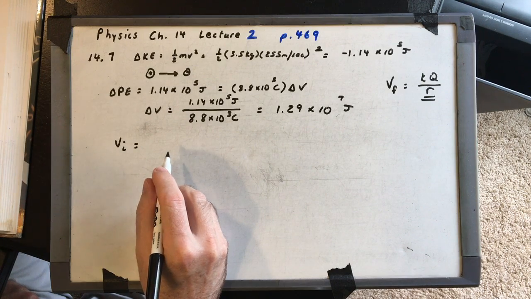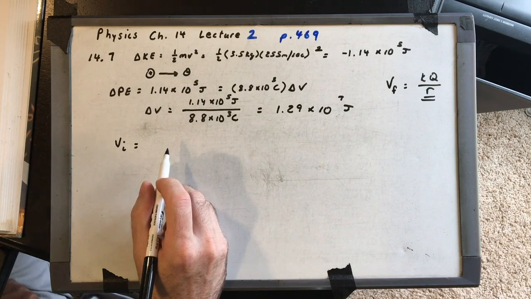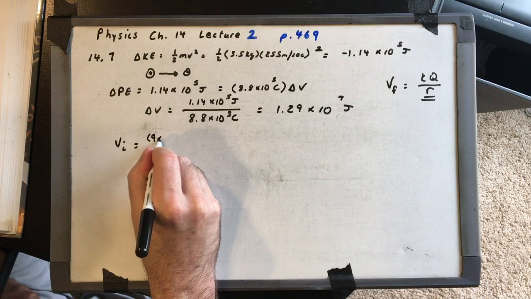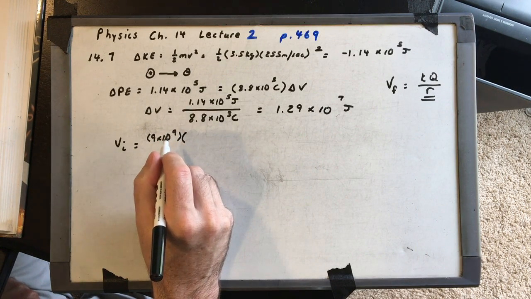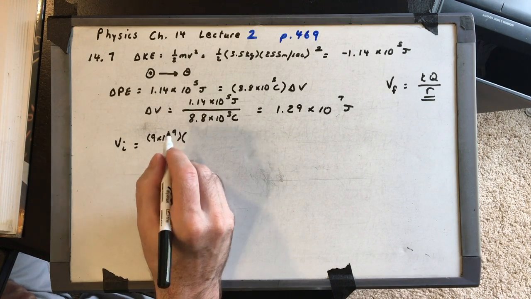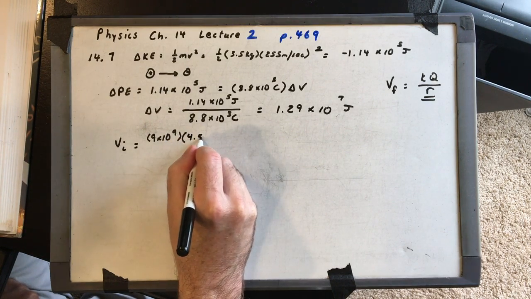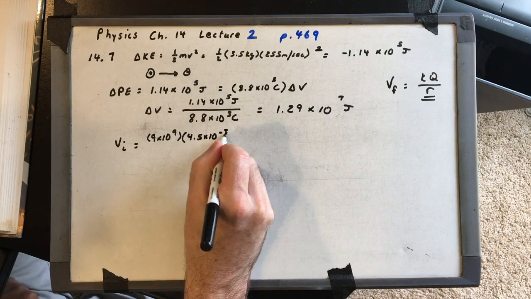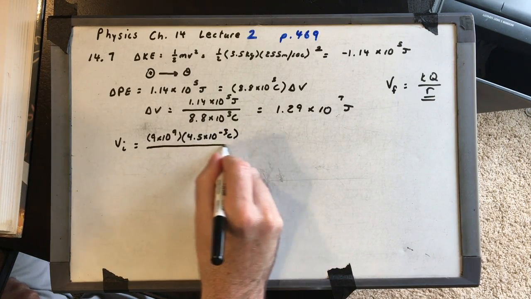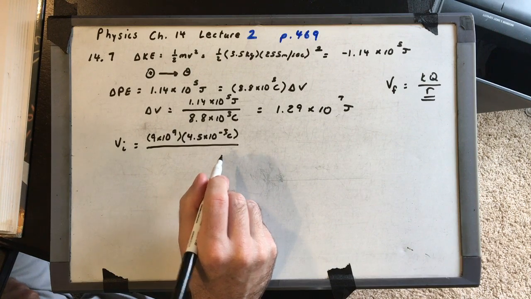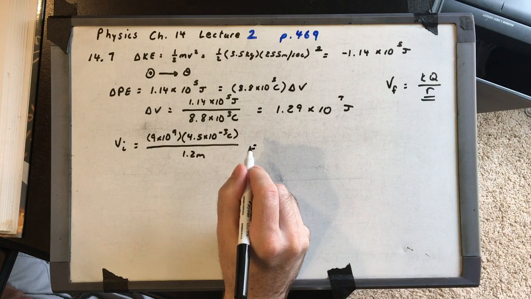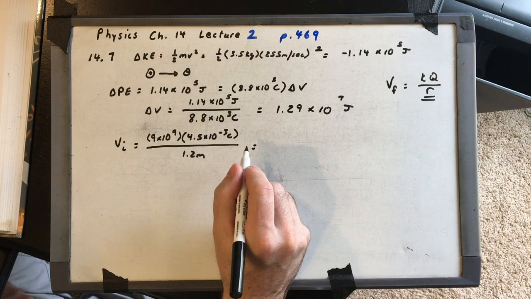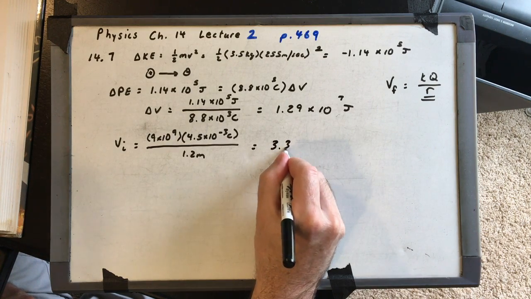All right, the initial voltage is the fixed charge, is K, 9 times 10 to the 9th, times the fixed charge, which is 4.5 millicoulombs. So 4.5 times 10 to the minus 3 coulombs. And then the initial distance is 1.2 meters. All right, so our initial voltage is 3.38 times 10 to the 7th